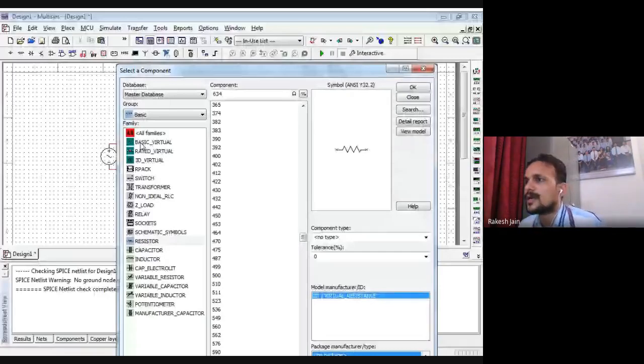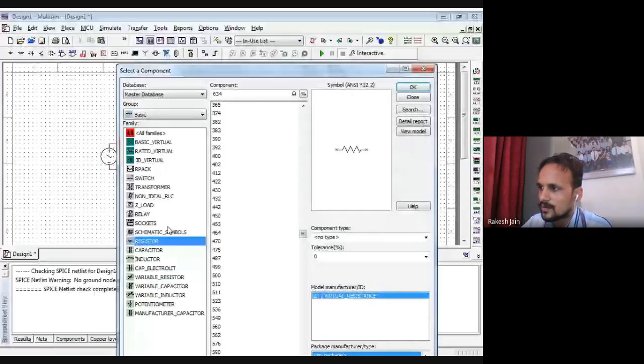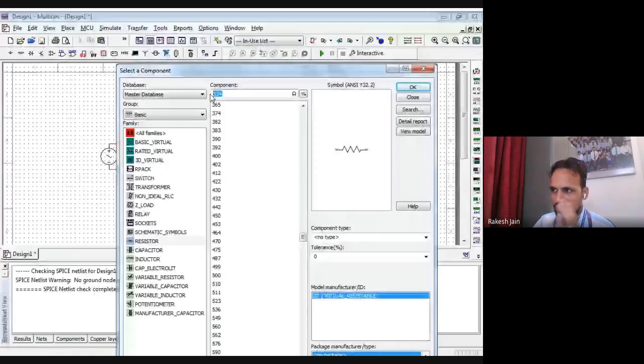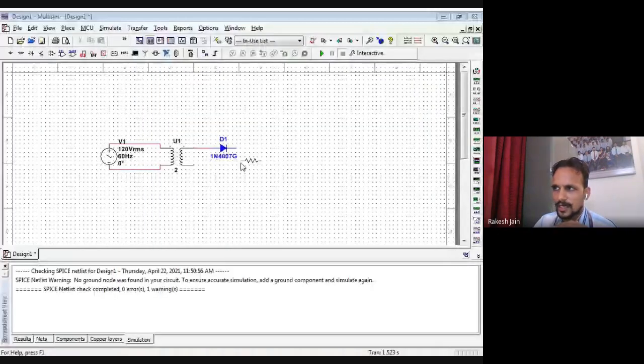Don't worry about that. So go to the basic, then go to the resistor, and which resistor do I want? I want a 1K resistor. So I write down here 1K. Okay, then okay. So this is 1K. Because I have to connect it vertically, I just right click and rotate 90 degrees clockwise. So it will be in front of you. So now I connect it here and I connect the second terminal here. Okay, very good. Now the connections are over.